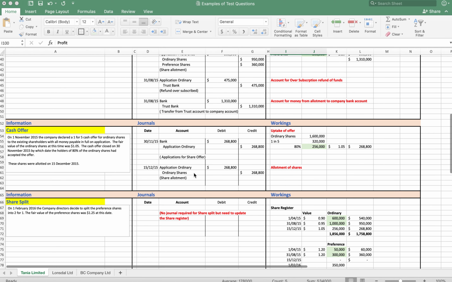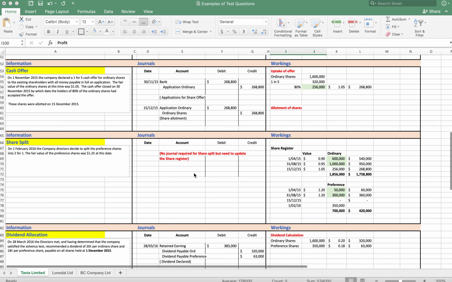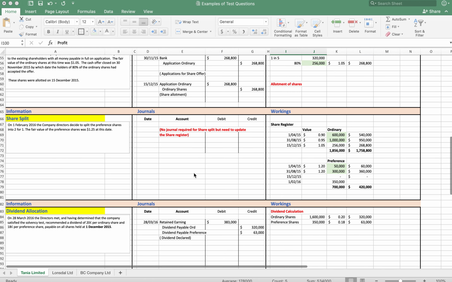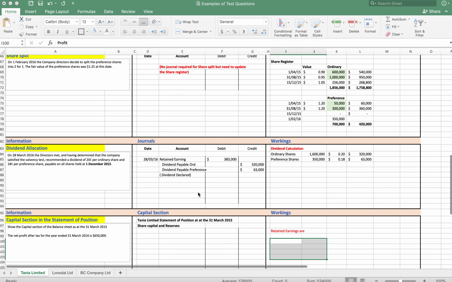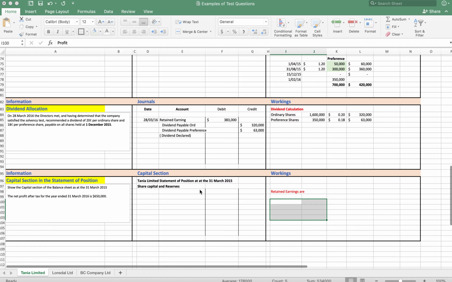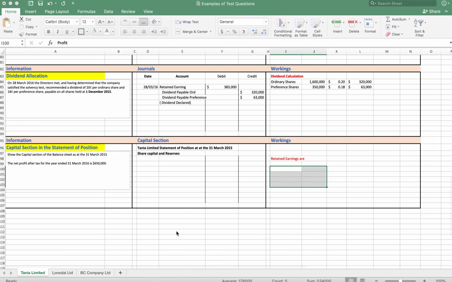After the share offering, there was a cash offer to existing shareholders so they could acquire more shares at $1.05. Then they did a share split. Then they did a dividend allocation, or a provision for the dividend anyway. The final thing they want to know, or it'll be a byproduct of this anyway, is